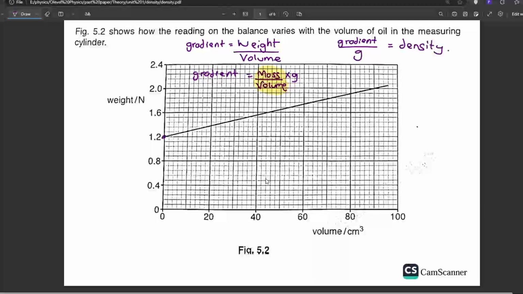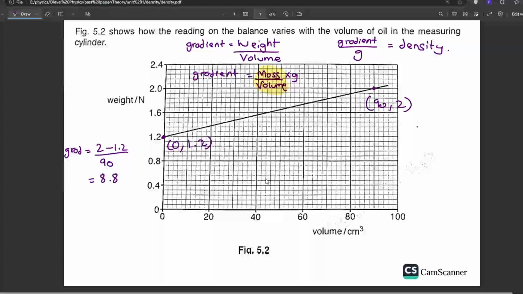Okay. So let's calculate the gradient here. First of all, let's take this point. This is x0, y 1.2. And then let's take this point. This is x90, y2. Can you calculate the gradient here? Yes, the gradient will be equal to y2 minus y1, 2 minus 1.2, divided by x2 minus x1, 90 minus 0, divided by 90. So 0.8 divided by 90, this comes out to be